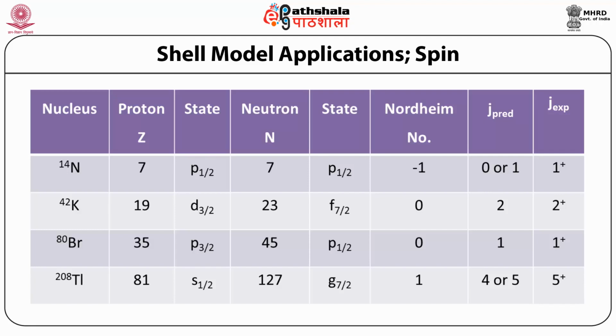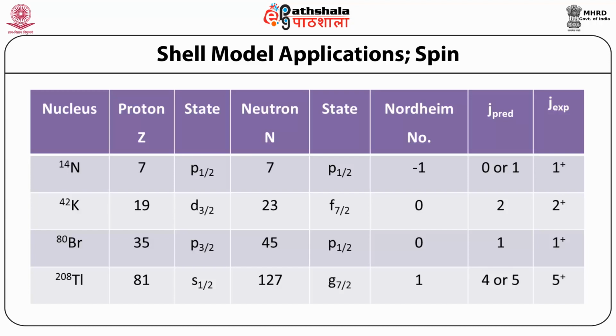For example, in nitrogen-14, the number of protons is 7 and the number of neutrons is 7. The last odd proton is in the p1/2 orbital, and the odd neutron is in the p1/2 orbital. The Nordheim rule predicts that the Nordheim number has to be -1. So its total spin can be either 0 or 1, and experimentally the spin observed